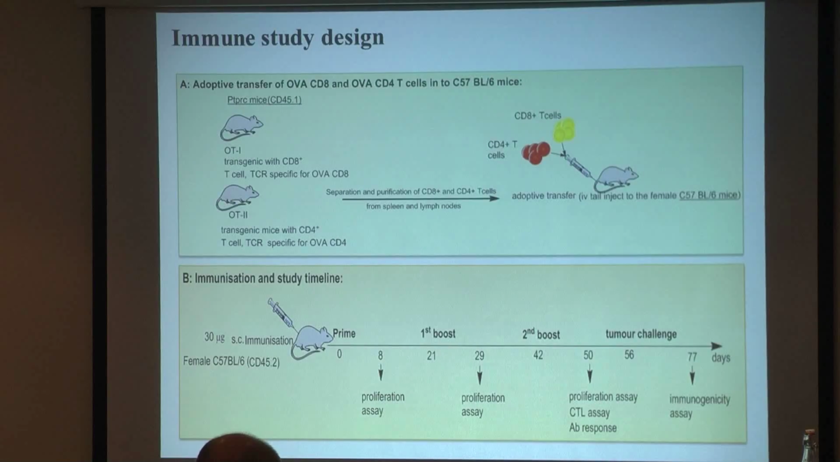And then after the second boost, we look at the activity of these proliferated T cells by the CTL assay. Then we challenge the mice with tumor, with the OVA tumor cell line, because tumor growth inhibition is part of cell-mediated immunity. And after 3 weeks, we sacrifice the mouse and look at the cytokines for the